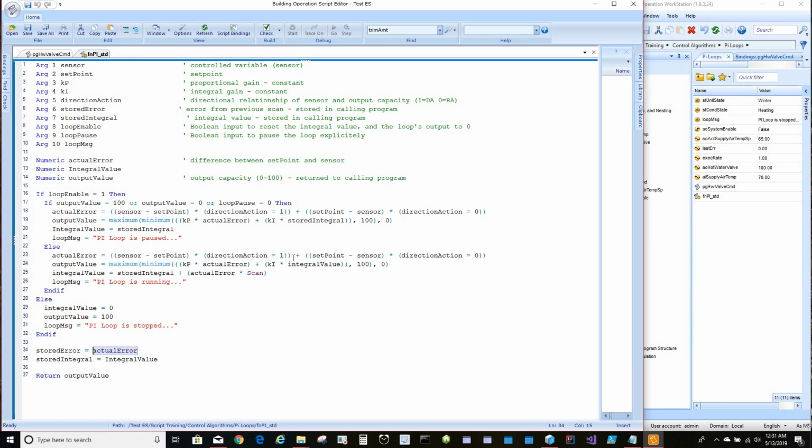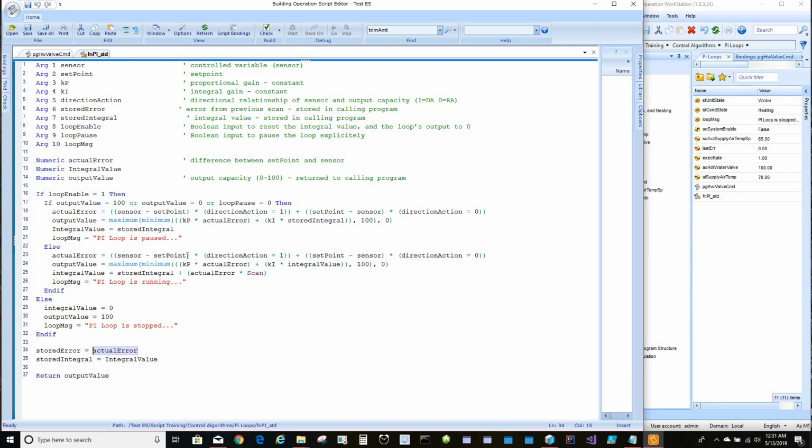So what's taking place here is that because we're doing direct acting or reversed acting, we're going to have to either subtract the set point from the sensor or the sensor from the set point. So since any number multiplied by 1 equals that same number, or multiplied by 0 equals 0,